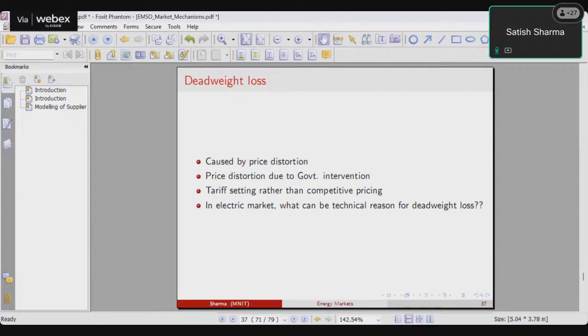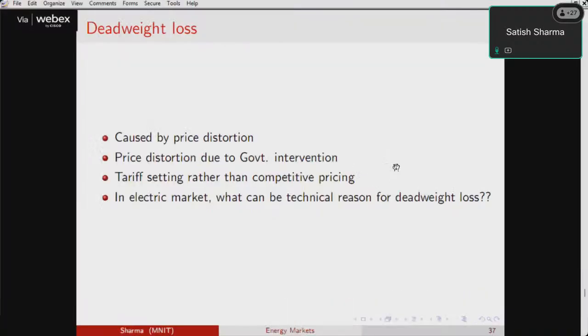So, yes, what can be the technical reasons? Anybody? So, technical reasons is we discussed earlier the transmission lines. So let's say a certain quantity has been cleared, okay, and because let's say due to some